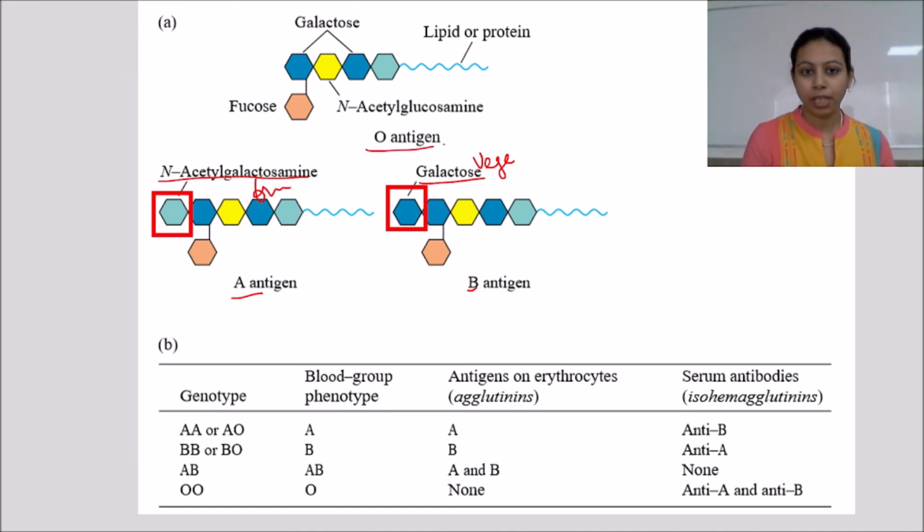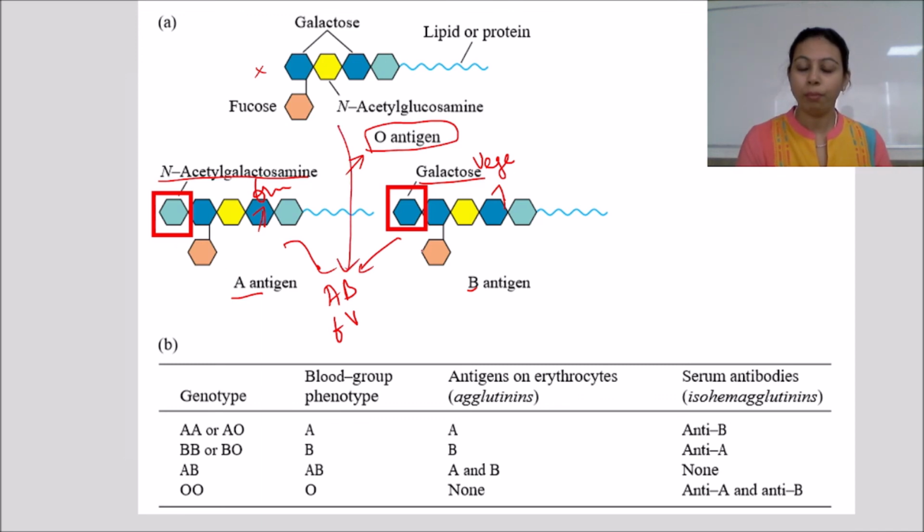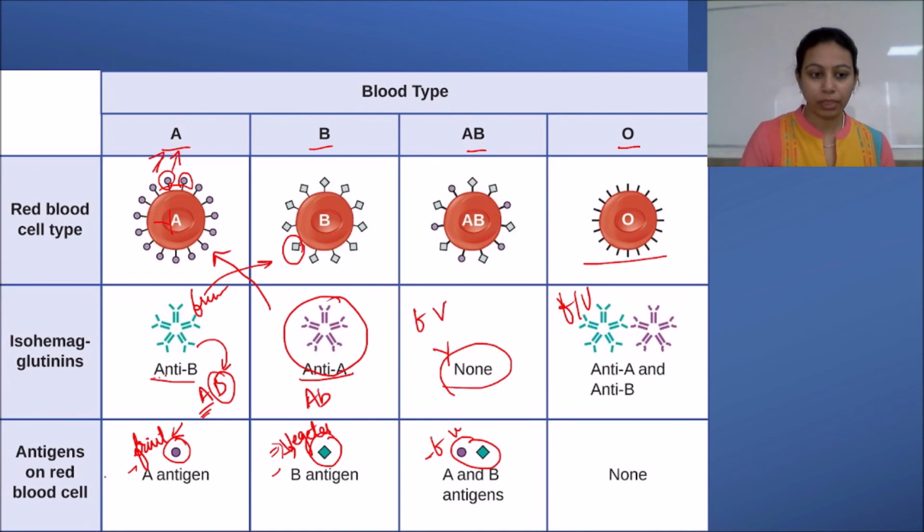You can see here that O does not have any antigen, so this person does not offer fruit or vegetable to anyone, so it will be liked by each and every person. That's why O is a universal donor, but it cannot receive because it hates both fruit and vegetables. Whereas AB has both fruit and vegetables, so it likes to eat both. It will accept A, B as well as O blood group, but it will not donate to any of the other blood groups. So I hope this table is clear to all.